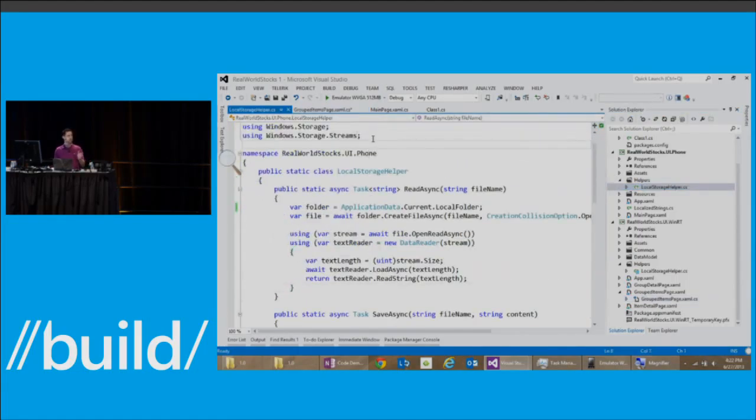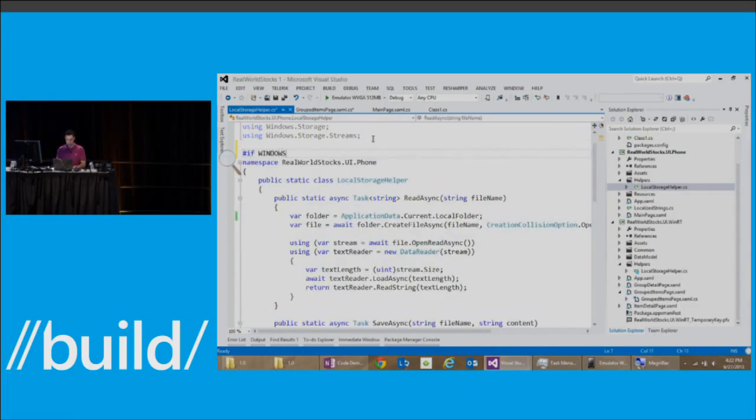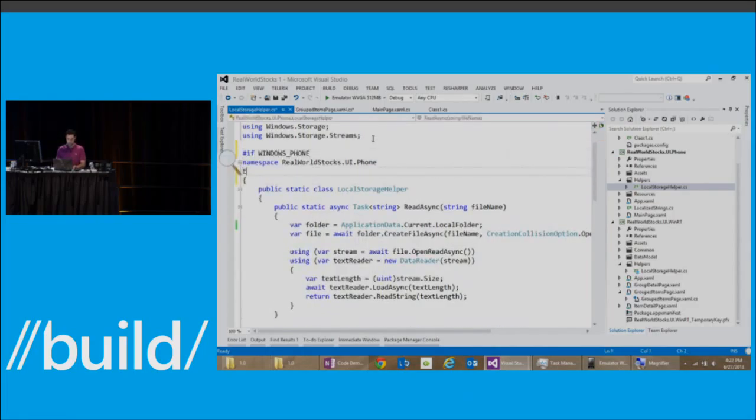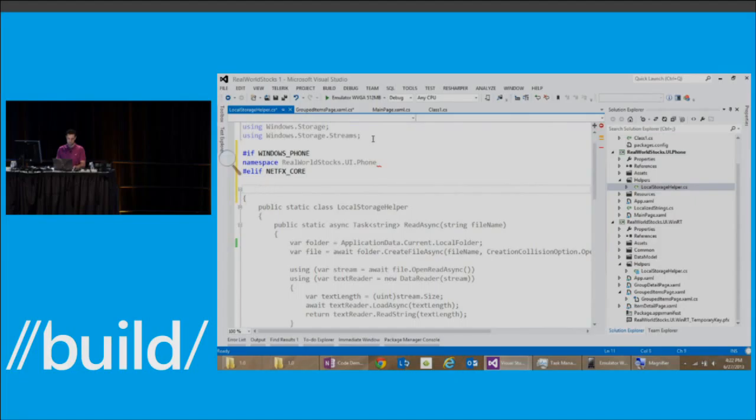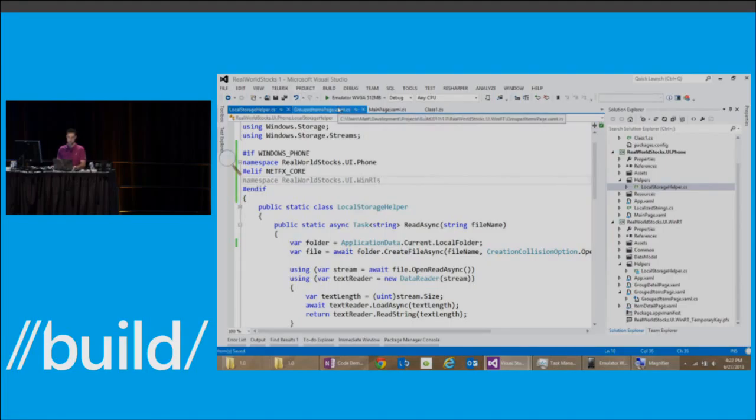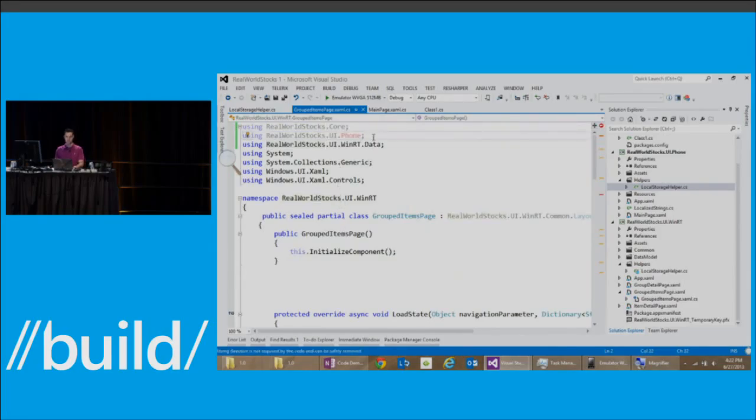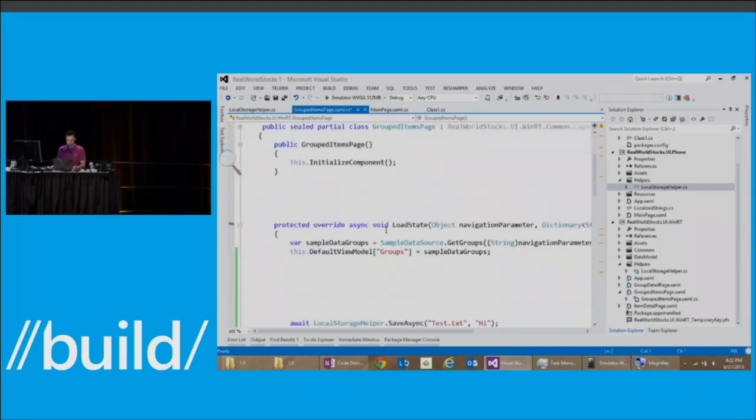So when I have this file defined, I can pound if Windows Phone, give it that namespace, and pound if NetFX core, give it another namespace. So kind of maybe a contrived example, but now, oops, not WinRTS. Now when I go over here, now this namespace doesn't even exist. There is no .phone namespace for this. It's now just